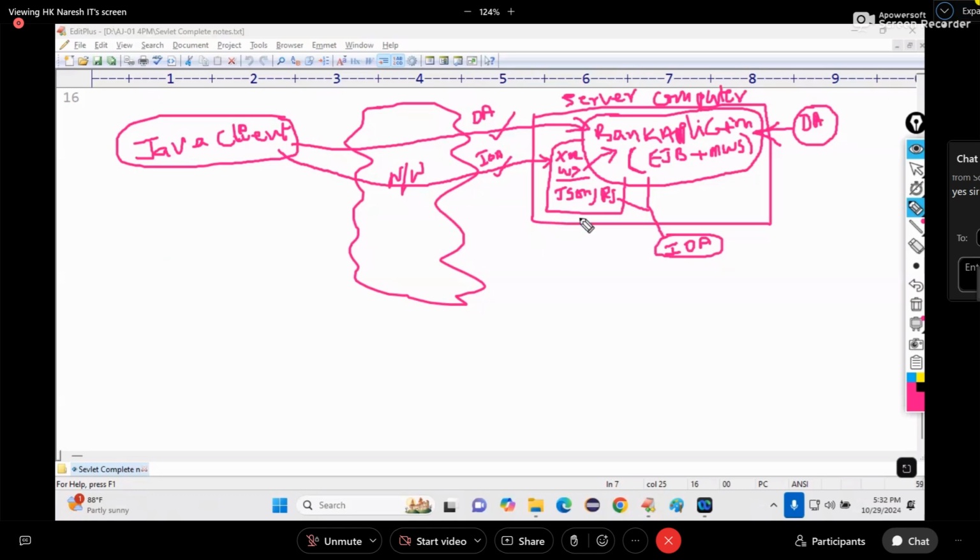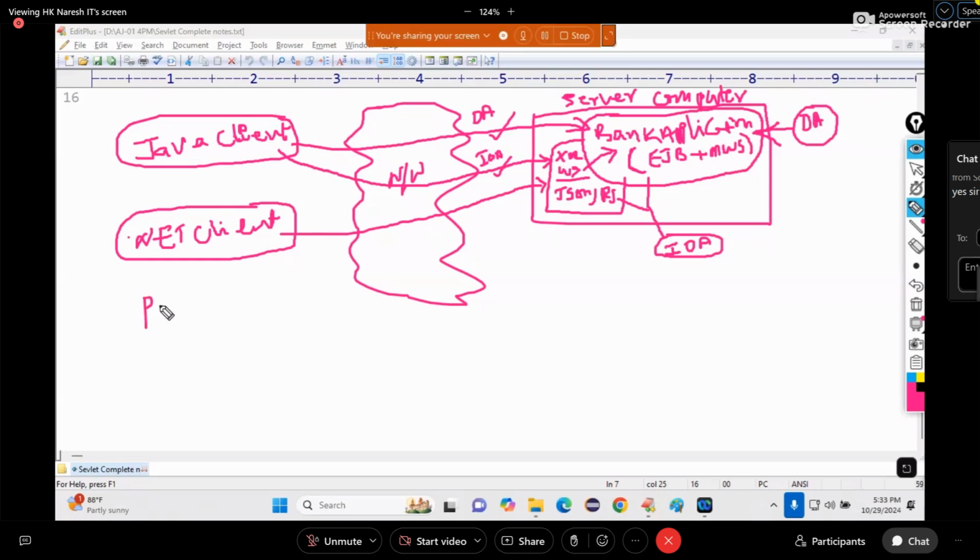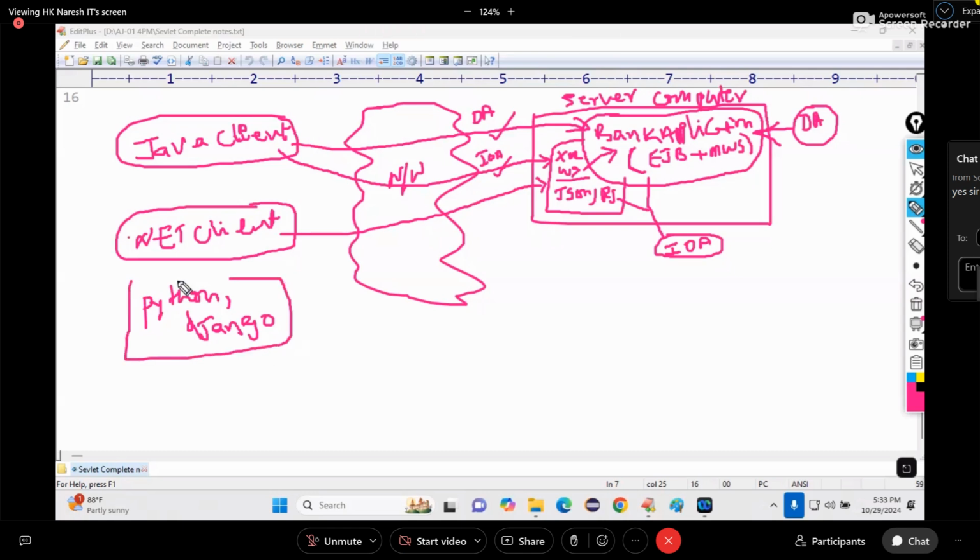What is the meaning of interoperable? It is accessible from only the same language client, or from different language clients. Write .NET client, going to XML. Next, Python, Django. D small letter, J capital letter. You should not call it Jango, you should call it Django.